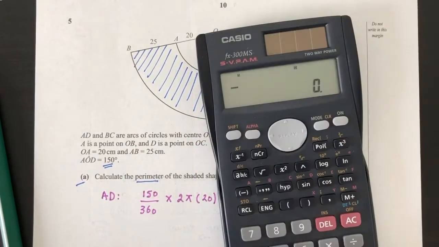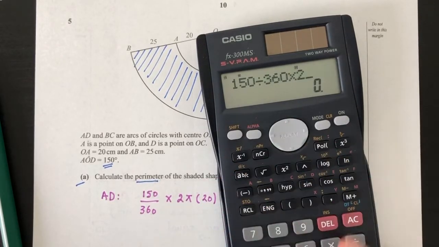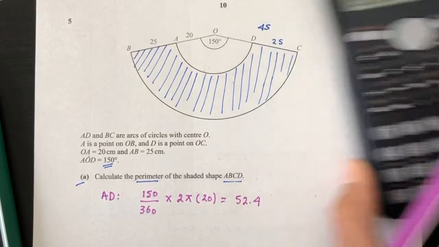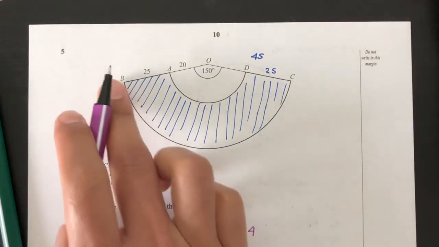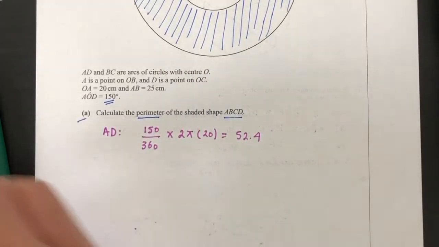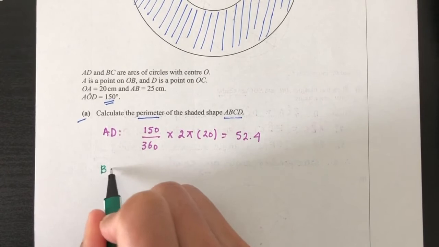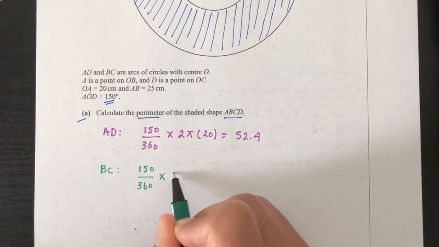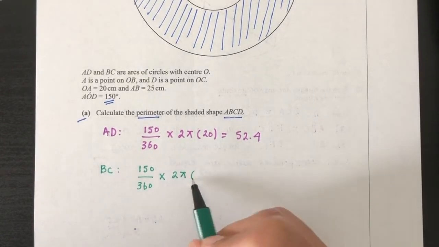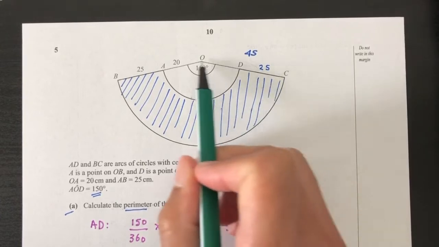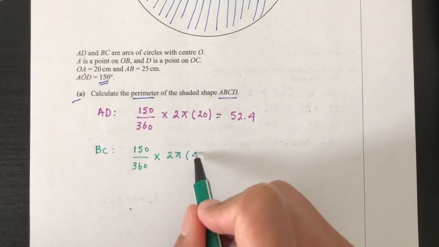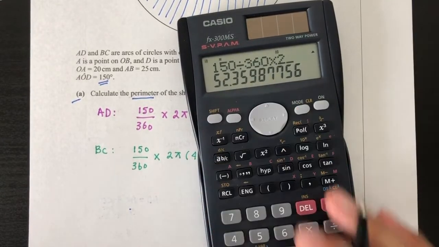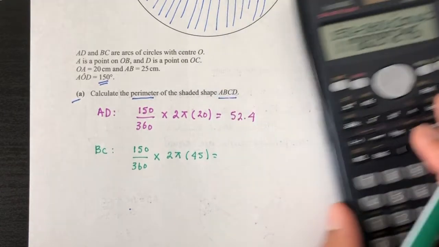So let's solve. 150 divided by 360 times 2 pi times 20. That will be 52.4. Now we have AD, we have to find BC. Same way, let's use a different color. So BC, we have the angle 150 divided by 360 times 2 pi, and the value of the radius for the big circle is equal to 45. So 150 divided by 360 times 2 pi times 45. That is